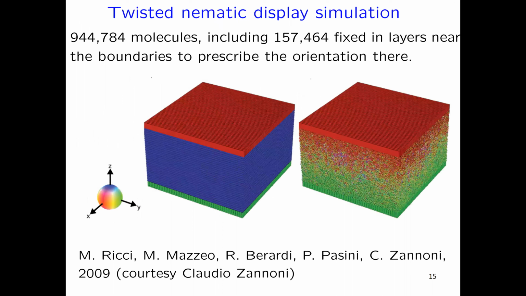So to understand the picture, the simulation, there's a color code for the direction in which the molecules are pointed. If they're pointed vertically upwards, it's blue. If they're pointed out of the screen, it's red. And if they're pointed in this direction, it's green. So you see that this is the initial configuration. You see that the molecules want to be in this direction on the top face,